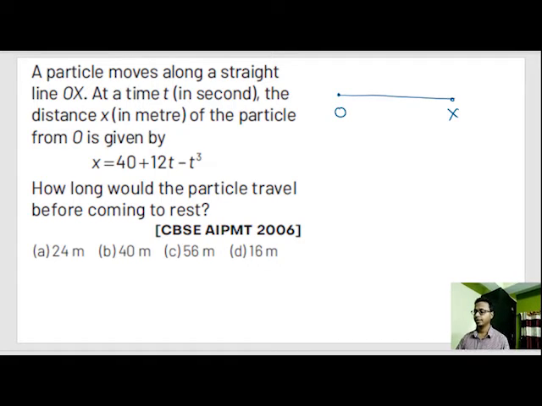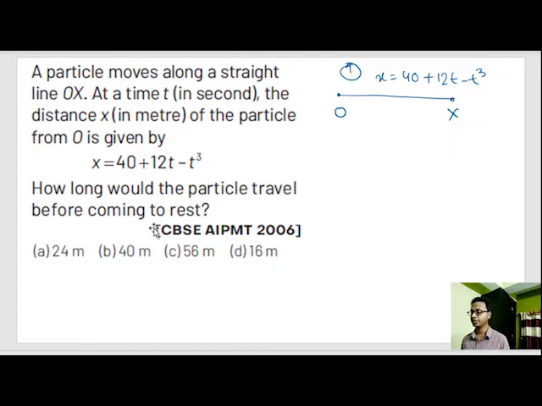At time t second, x in meters. And the equation, you remember that clock example I gave you? Clock example during teaching differentiation. So that equation is given by x is equal to 40 plus 12t minus t cube. How long would the particle travel